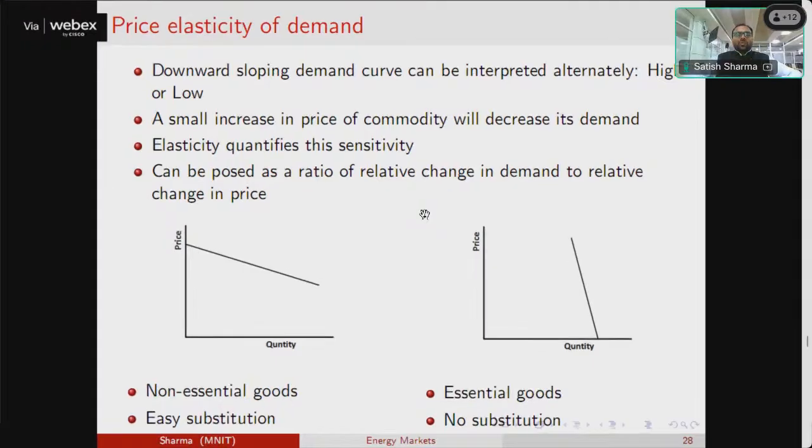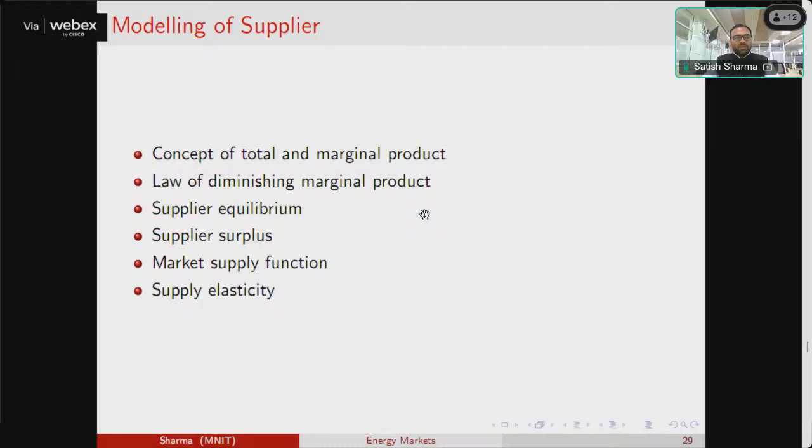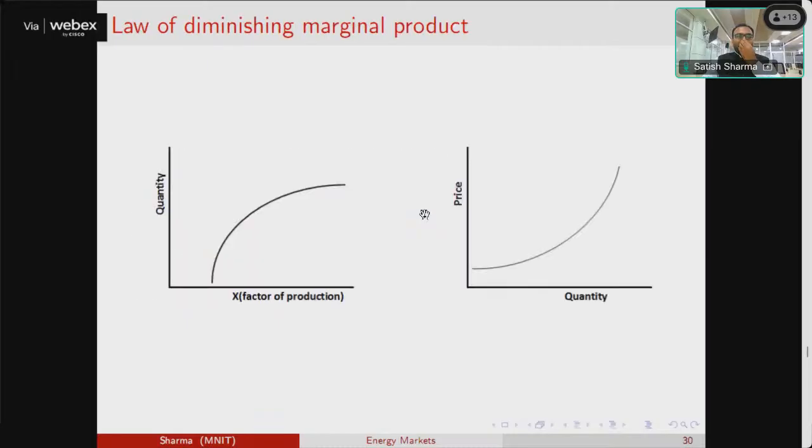Yes, so we discussed the elasticity of demand earlier, and now we will apply the same concept and quickly complete it for the supply as well. Again, the same things we are going to discuss for the supplier. So how the law of diminishing marginal product works for the supplier is basically, if you see,